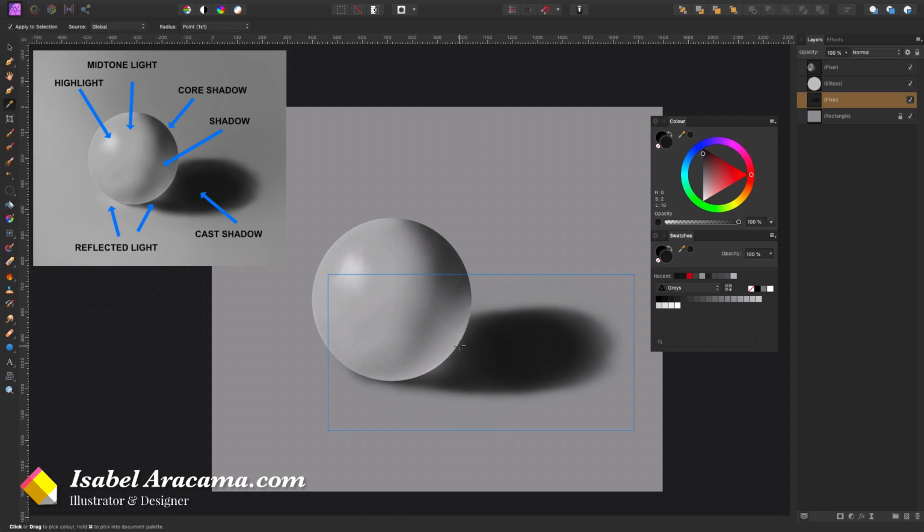Probably I want to grab this and work a bit more here. I mean, this has to be well done, in the sense that you don't want to make your sphere be flying, or maybe you do.